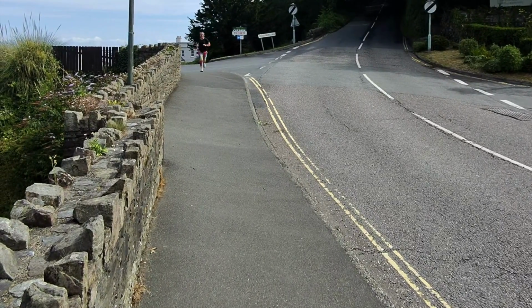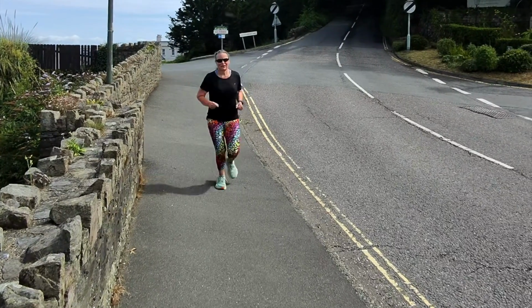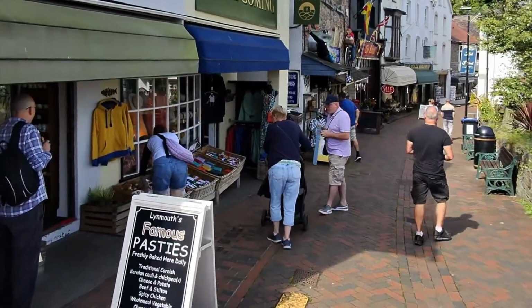She's really enjoyed that. You can tell by the smile on her face and the fact that she's probably going to slap me for making her do it. Well done! I thought you were going to come down the hill and you didn't. And this is the wee street. Bex is going to go and do some shopping, and